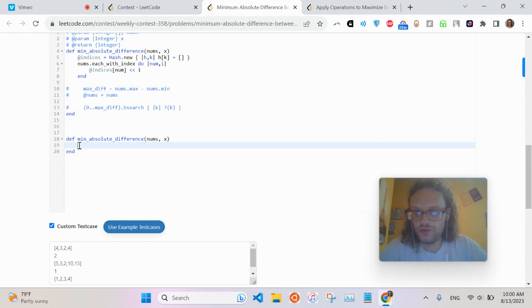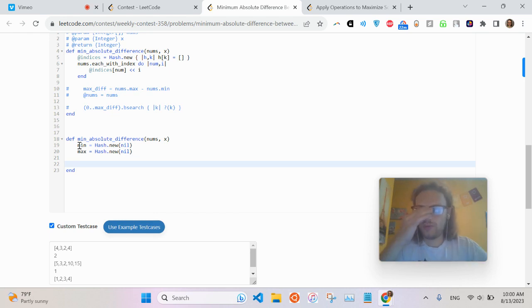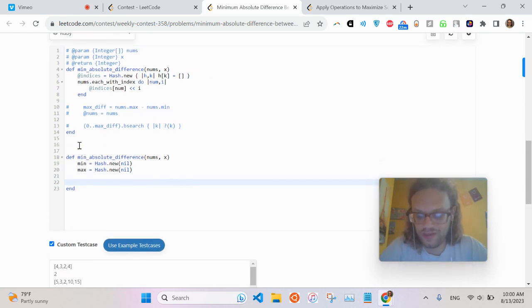So what I want to do is find the min and max value after each index that's at least x from each index. So min equals Hash.new, and I'm going to default this to nil. Max equals Hash.new, and I'm going to default that to nil as well. Okay, so starting from the negative x element,